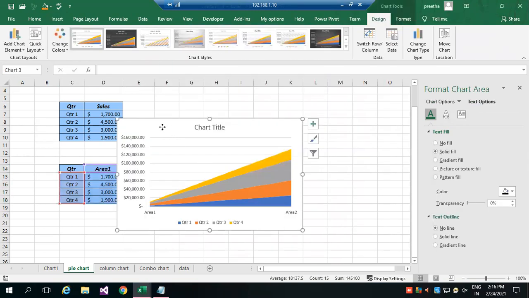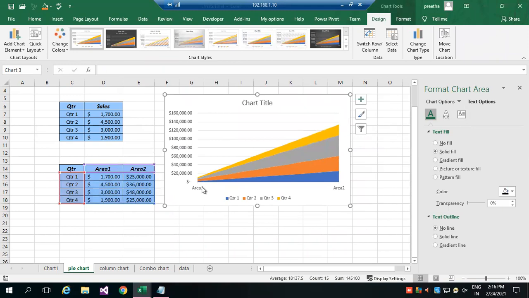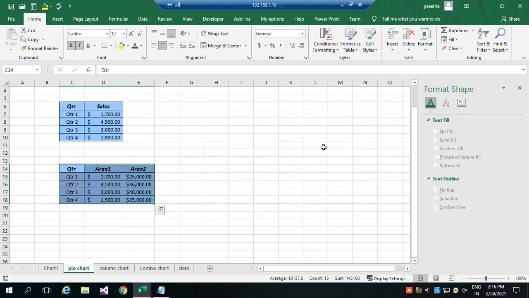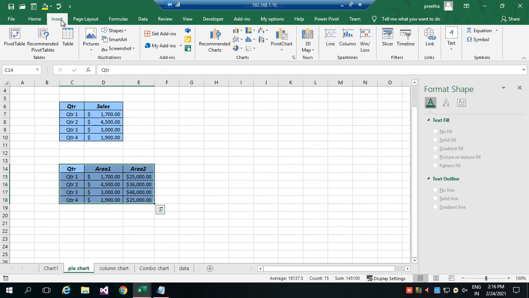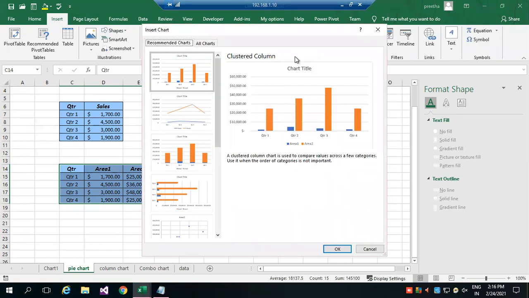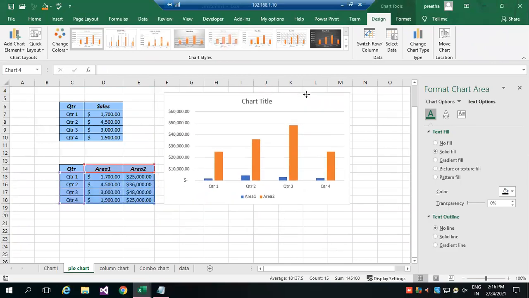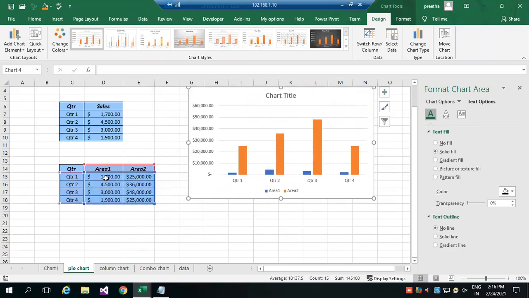So how the sales, this is area chart. The first area 1 and area 2, what is the difference? So that we could see. Normally if you select and delete, it automatically gets deleted. So select whichever chart you want. And as our data is in such a way, this is column chart. This is in 1000, this is more than 20,000, so that the difference you can see.